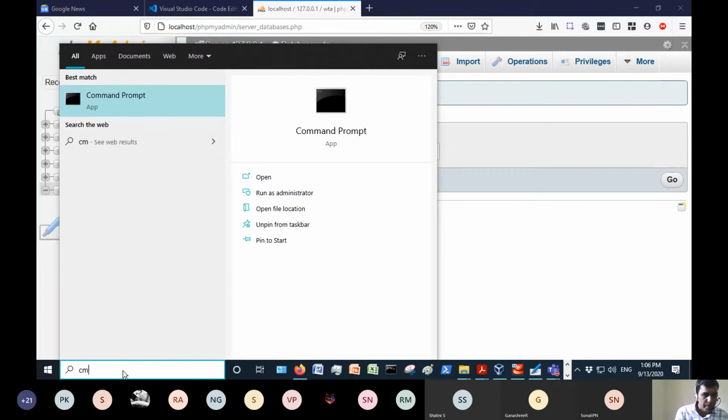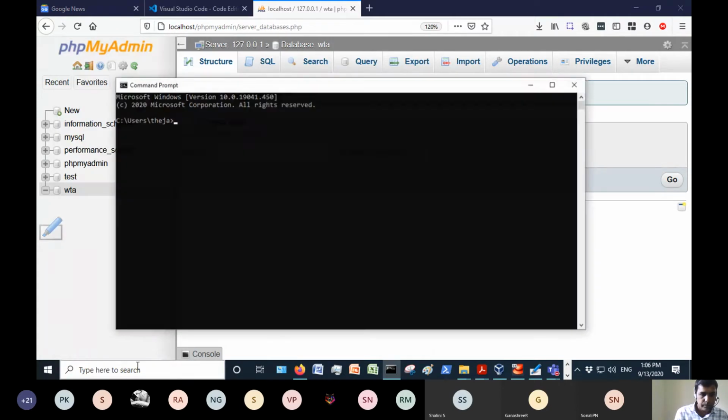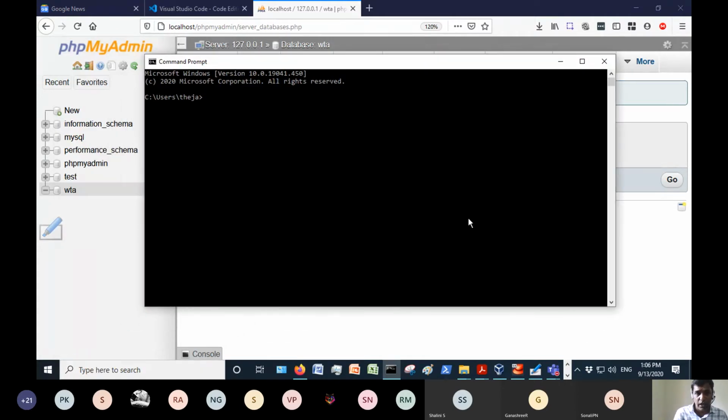So what you can do is go to command prompt. You need to connect to the MySQL server. So I'll give mysql, which is a client, -h localhost, -u username root, and -p to prompt for the password. So what does it say?